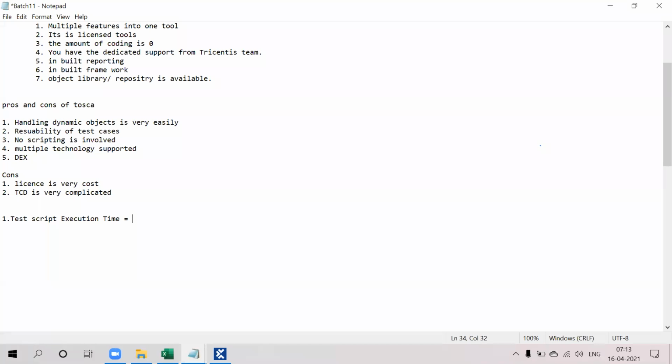There are certain formulas you will have in the ROI when you are doing the estimation. So this is the automation time per test, times the number of automated test cases.